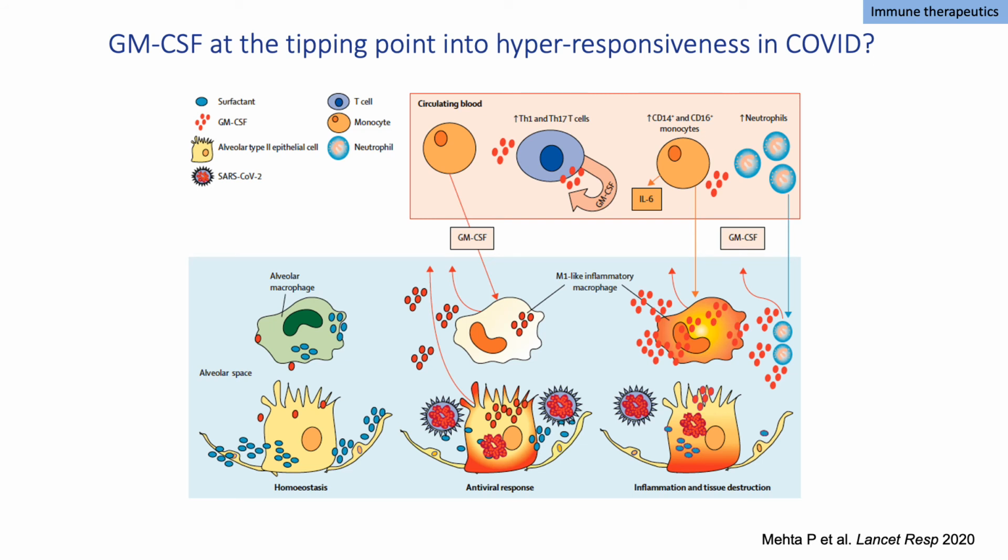It's not the only cytokine blocker we have available. There are clinical trials currently testing, for example, IL-1 inhibition, IL-18 inhibition, GM-CSF inhibition, a phase 3 trial ongoing based on an idea that GM-CSF sits as a fundamental regulator of innate immune cells. And remember, those were the cells that were high in patients who did badly. Here's a cartoon from an article we published recently in Lancet Respiratory Medicine showing the role that GM-CSF may have in activating macrophages, particularly in the lung.